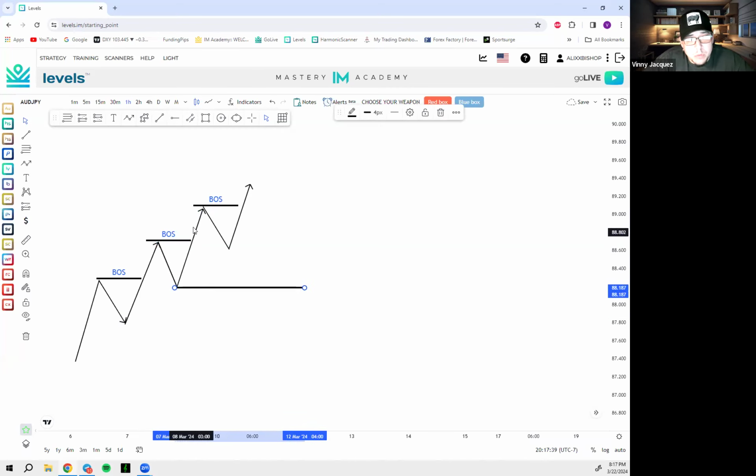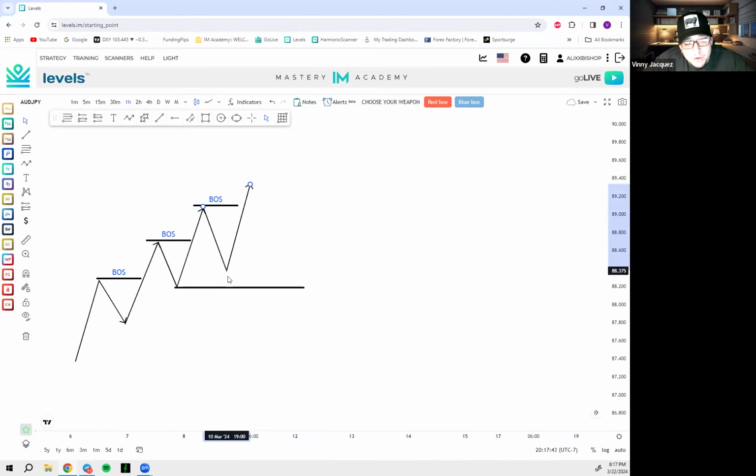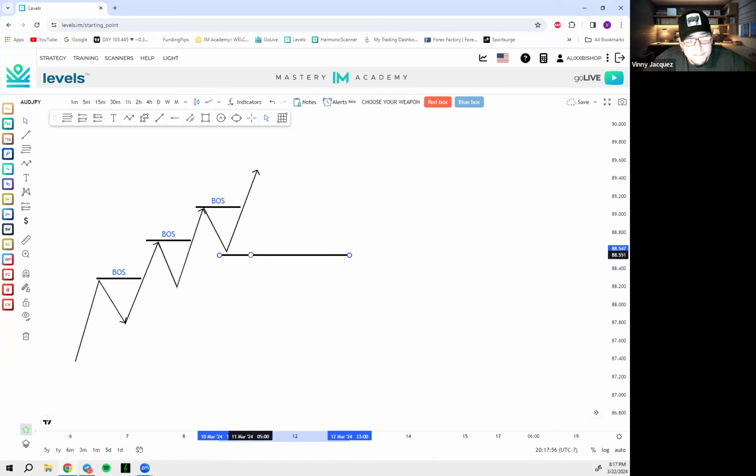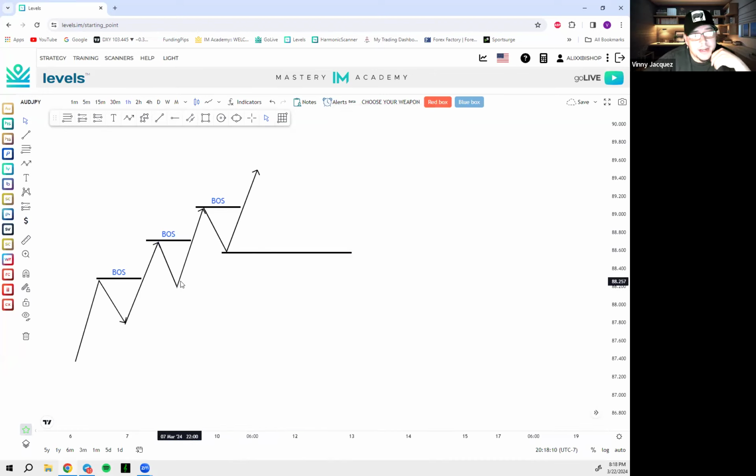Now, when we came and broke structure above, notice how we didn't break below. We never broke below. We stopped at a specific spot and we continued higher. Now that we've broken and closed with the BOS, we need to adjust our line. Does this make sense, guys? Adjusting your line is literally like 90% of what you got to do in trading, right? If you're looking for the reversal, all you have to do is have your line ready. That's all you got to do.